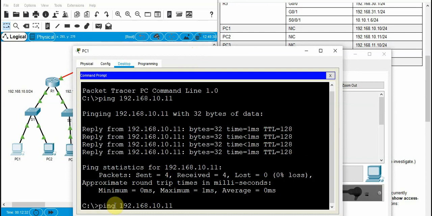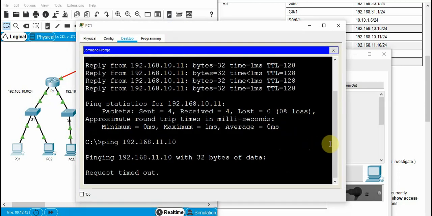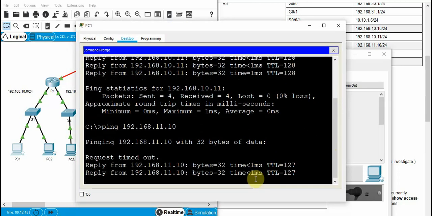It's 11.10. So ping 192.168.11.10. It is also successful.